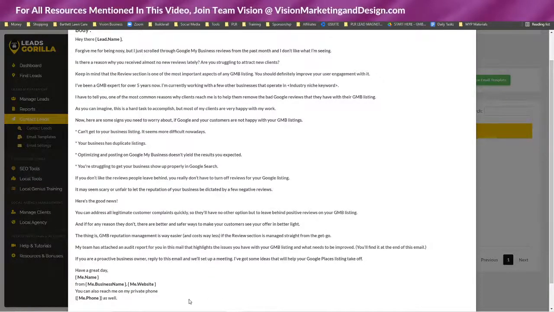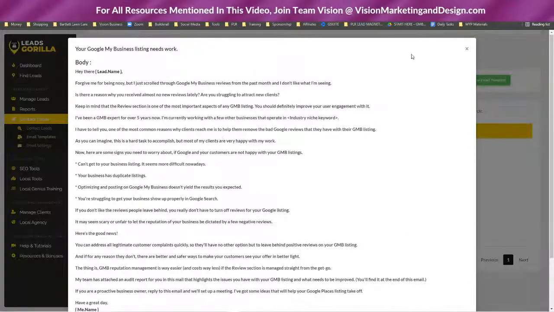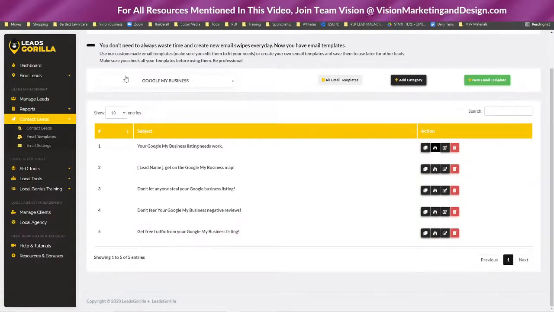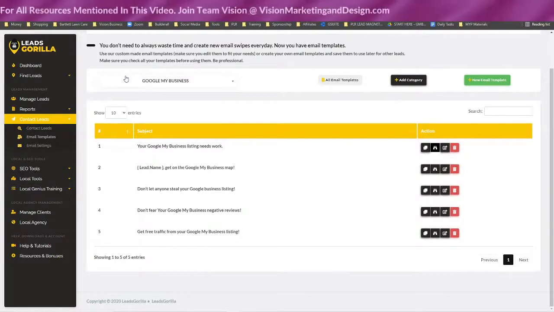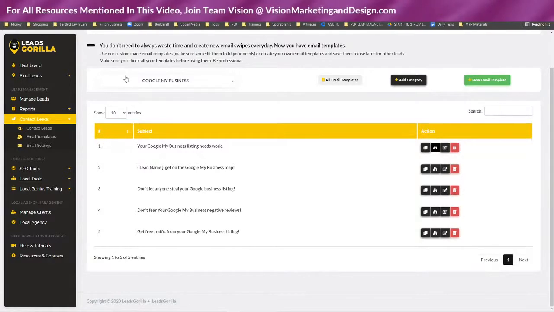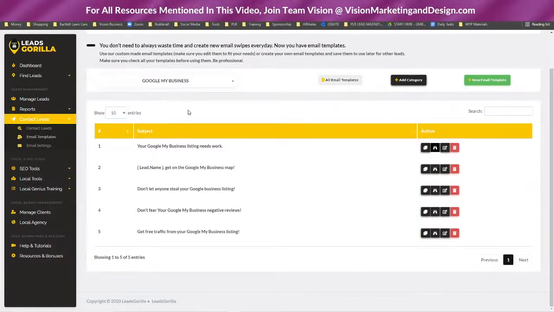So I have this whole thing here about Google My Business, but what I want to do is actually offer them my proven agency lead system, okay? Because I want to offer them a free guide that they can opt in to, and I can get their email address in my list. Now granted, I already have the list here, but I want to add them to my list so that my email sequence will trigger and then follow up for me, because that is the part that really takes a lot of time, and the follow up process is incredibly important. Okay, so I want them to opt back in and get the guide so that it goes into my email sequence. So what I'm going to do is email them.